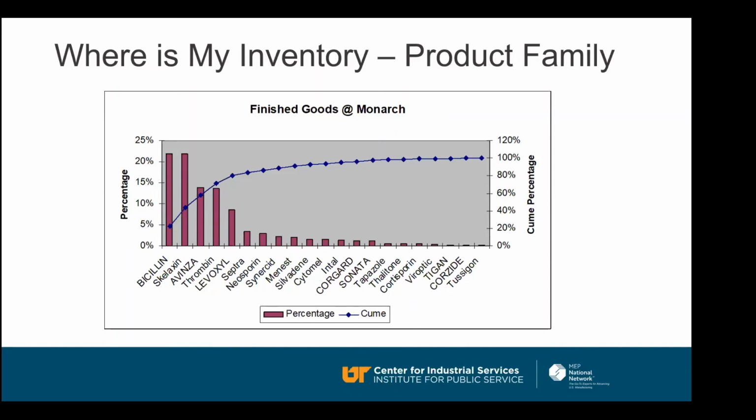The really interesting thing on this was that the second item, the Scalaxin, and it's mostly real data, mostly I changed it to protect, but Scalaxin represented about half of our revenue. So, why do we have so much on Bacillin? And what we found out was that we would produce a batch, and it would expire before we would sell that batch. So we had to carry a lot in inventory. So what we did was we would produce that batch, but we wouldn't package it. We would throw away about half of it and only make the portion that we thought we would sell. And that minimized our cost of goods manufacturing.